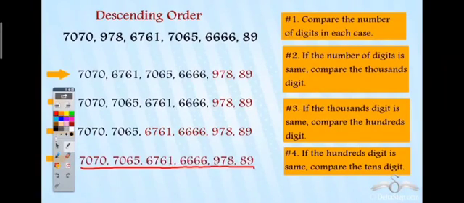और यहाँ हमने क्या देखा? फर्स्ट रूल के होने की वजह से जहाँ हमने डिजिट्स को पहले ही कंपेयर कर लिया था कि हमारे पास कितने नंबर ऑफ डिजिट्स हैं किसी भी नंबर में, उससे हमारा काम आसान हो गया. हमें सिर्फ 4 डिजिट्स वाले नंबर को ही कंपेयर करके अरेंज करना पड़ा. बाकी दो जो 3 डिजिट और 2 डिजिट वाले नंबर थे उनकी सीक्वेंस हमें पहले ही पता चल गई, क्योंकि 3 डिजिट और 2 डिजिट वाला नंबर हमेशा 4 डिजिट वाले नंबर से छोटा होगा. गॉट इट एवरीवन? सबको समझ आया?